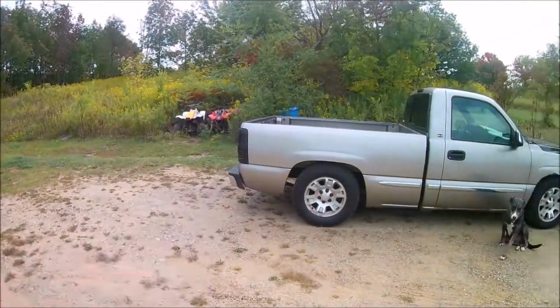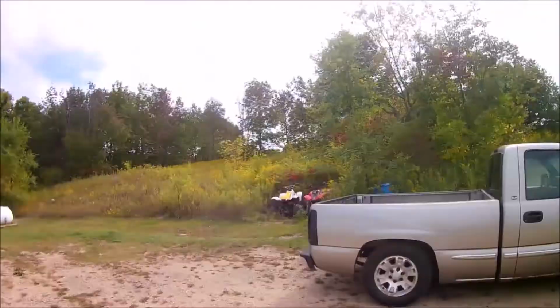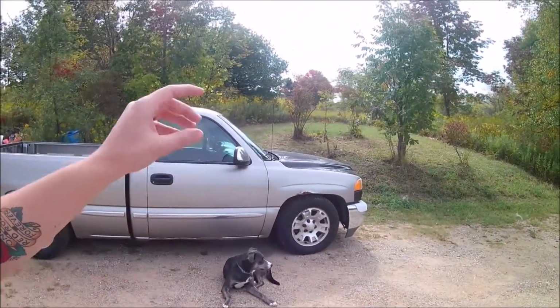I am running Rancho, look at them. I'm running Rancho XL 9000s. They're 9-way adjustable so that I can stiffen it up if I have something in the bed. The fronts, however, I'm running a 2-inch drop spindle and a 2-inch drop spring, which just helps the spring not